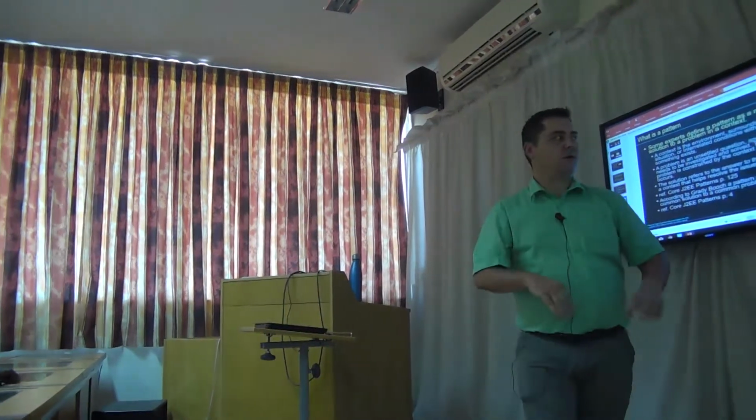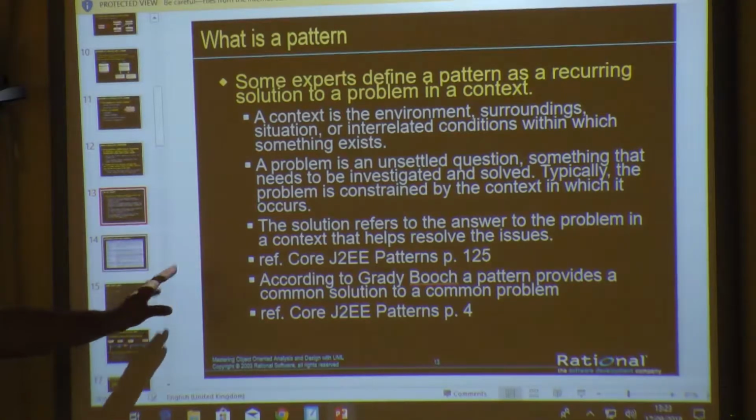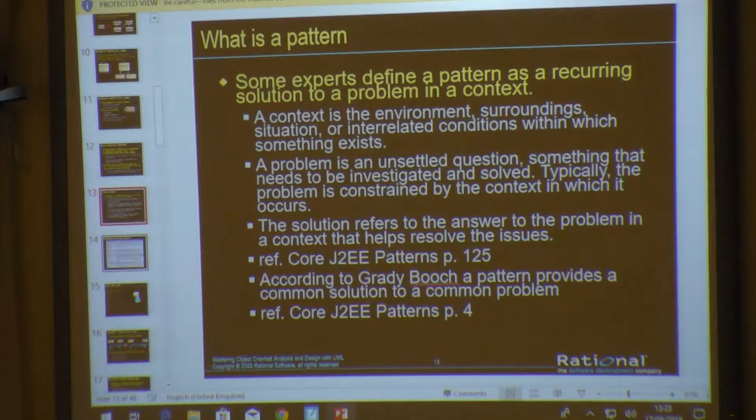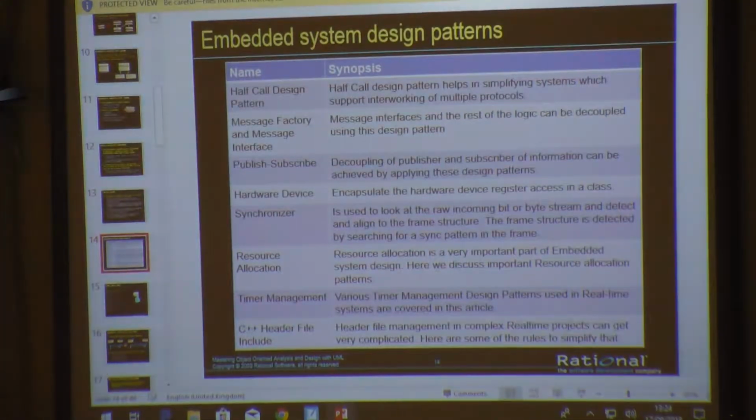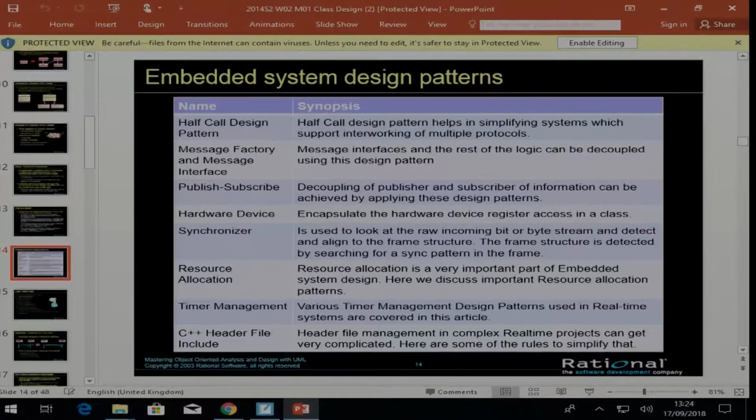So even when we're designing a system, we might get to the place of having that same problem and we might need to apply the solution again and again to solve it. So there's quickly a mention of some of the embedded system design patterns that we might look at. There is one for half-call, which helps to simplify the system which supports